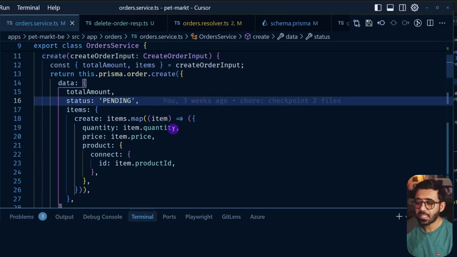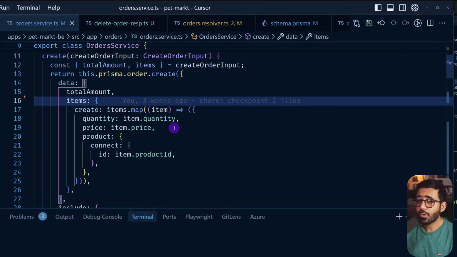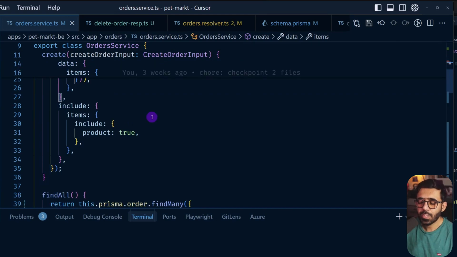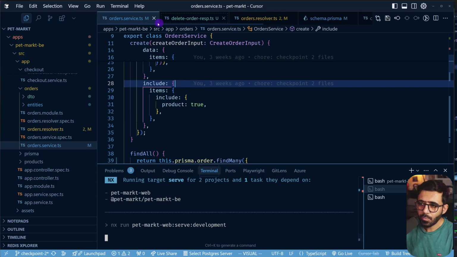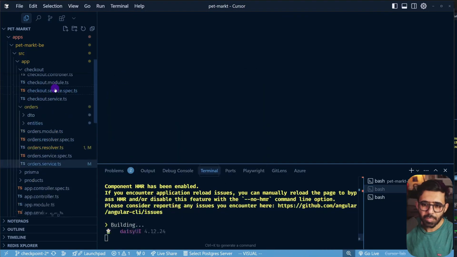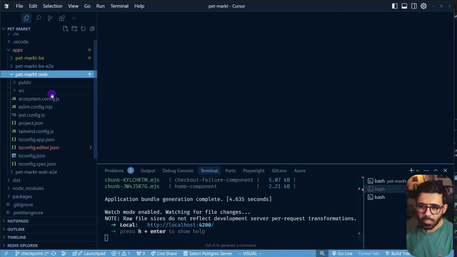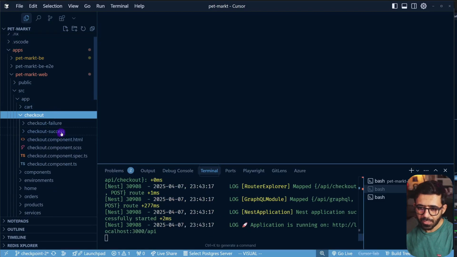But now since that's the default one, I can essentially remove this and the default status would be applied. So I don't need to worry about this at all. Great. Now that we have this, we are going to update the status when we have the successful payment from Stripe. So first I'm going to run my server again, and then we are going to go to the checkout success page. So let's go to pet market web source app and then checkout